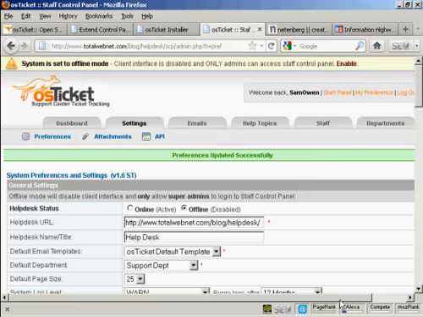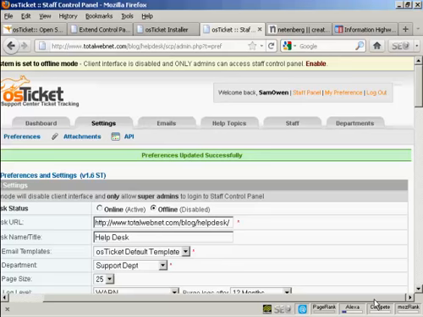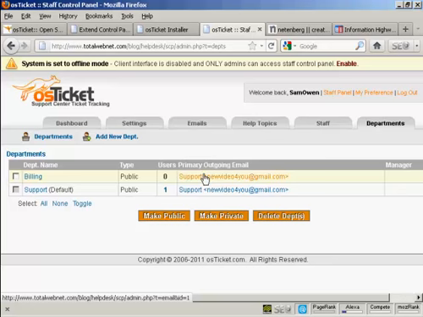Now I'll show you another couple of things that you'll probably want to set up, and the first one is departments. Now there are 2 departments automatically set up. One is support and the other is billing. But you might want to add another department. For example, you might want to add a department, say sales. So click here on add a new department,